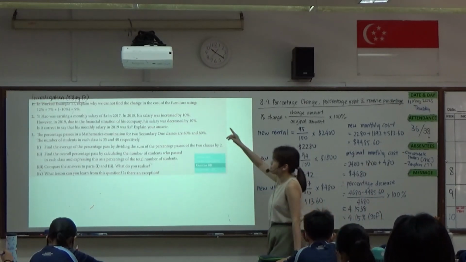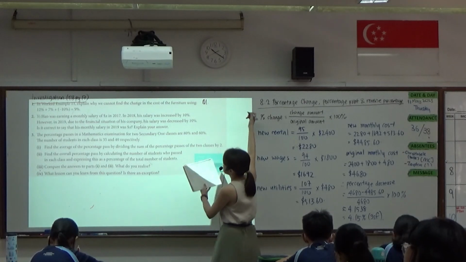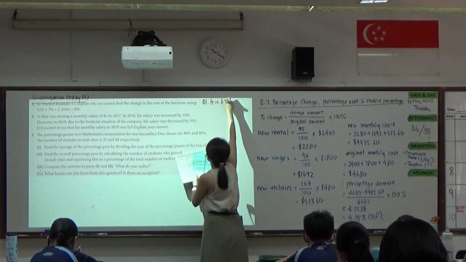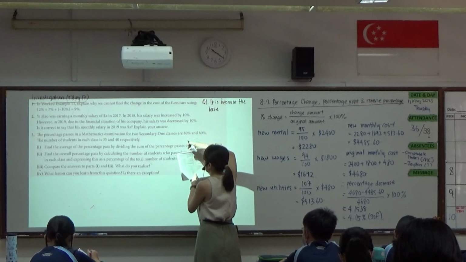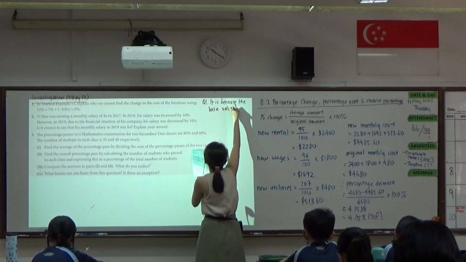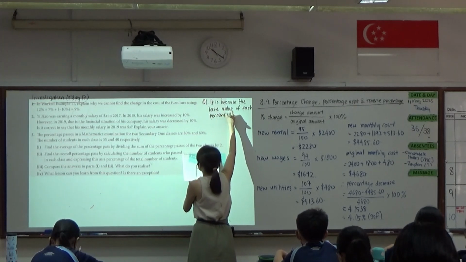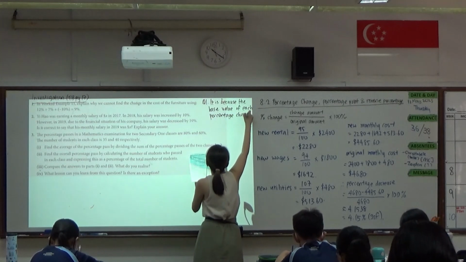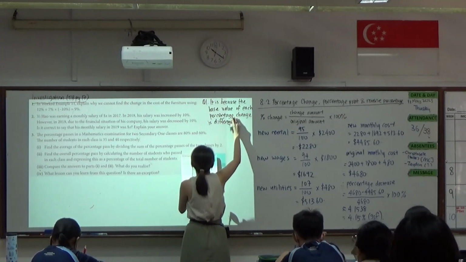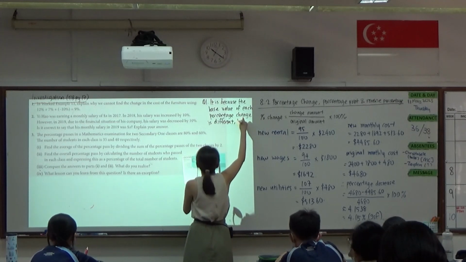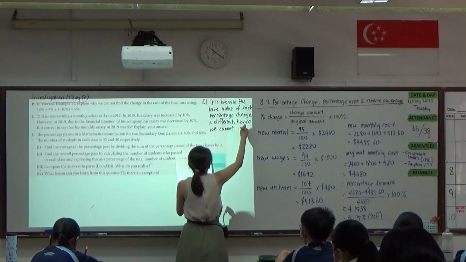So to explain this in question 1, we will say that it is because the base value of each percentage change is different. Hence, we cannot add